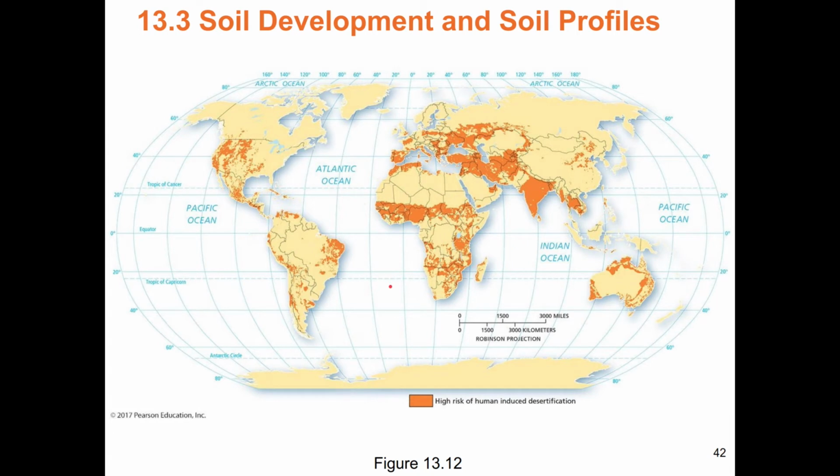Here's the regions of the world at risk from desertification. That's a lot of the occupied world. This is the Sahara, this is the Amazon, this is the Sahel where people live, this is where people live, this is where every place else is where people live. So middle of Australia, middle of the Sahara, middle of the Amazon, the frozen tundra regions, not a lot of worry of desertification. Really, really dangerous. Not good, not good, not good.